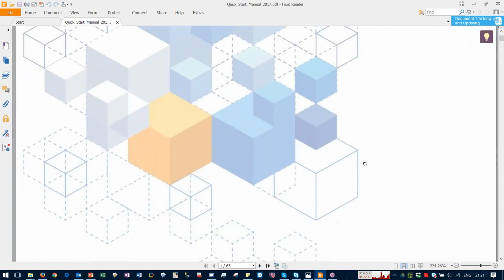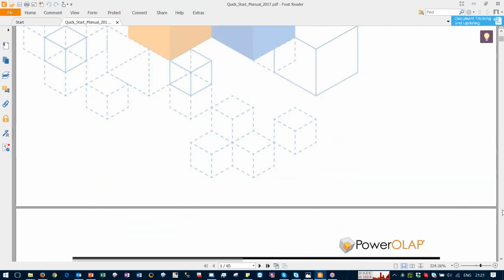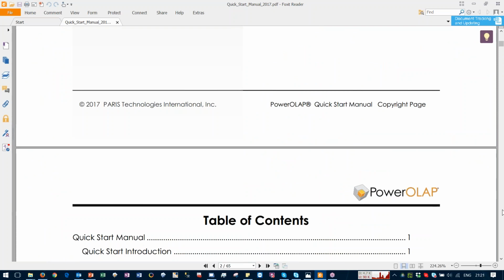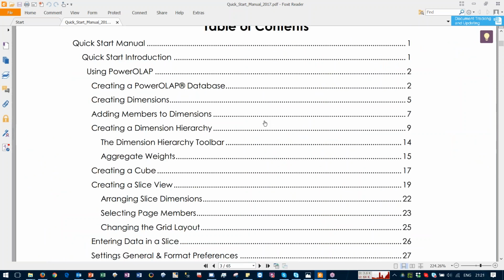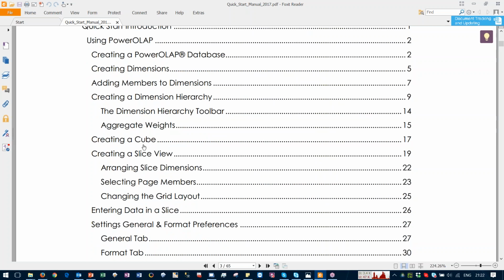So this is what I advise you to download if you haven't downloaded, because it will really assist you in starting to create your own database and create your own dimensions in a manual way, which I think we're going to have time to do briefly, and then adding members and dimensions and creating hierarchies, creating weighting inside the hierarchies, which we will have time to hopefully show you as well, creating cubes and slices inside PowerOLAP,